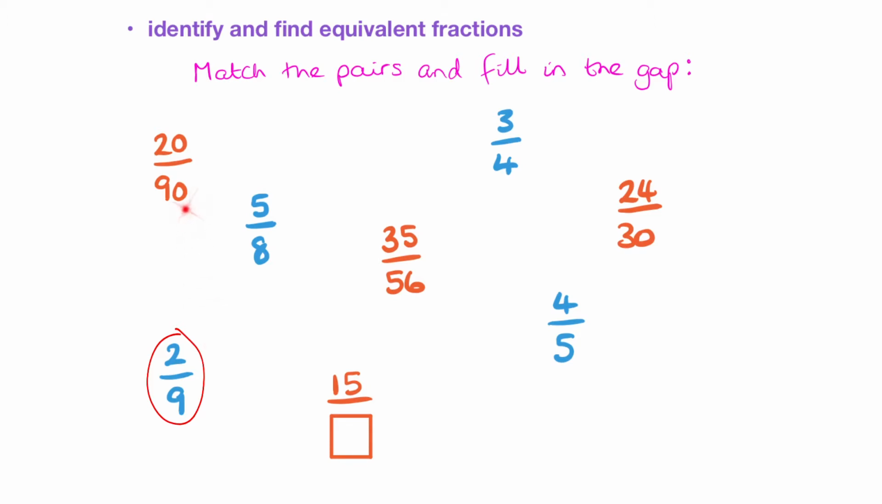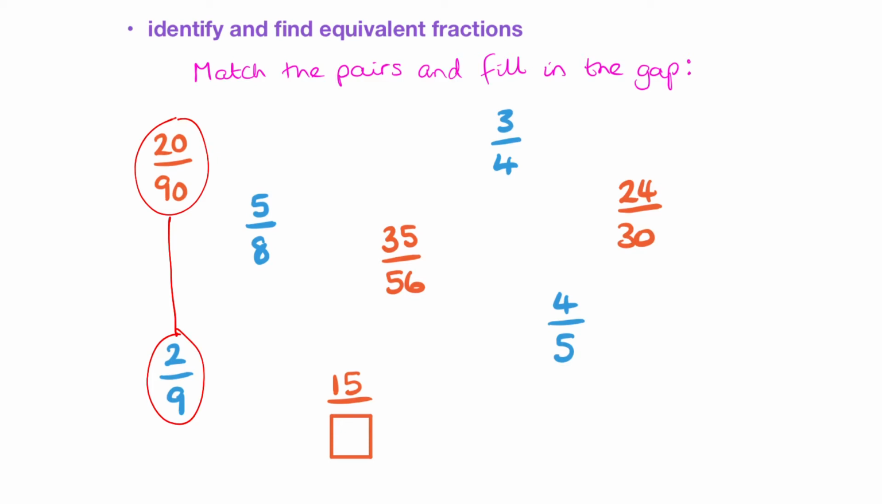So we need to think about this. So 2 times 10 is 20. 9 times 10 is 90. So that does mean that these two fractions are equivalent. Okay? So let's try